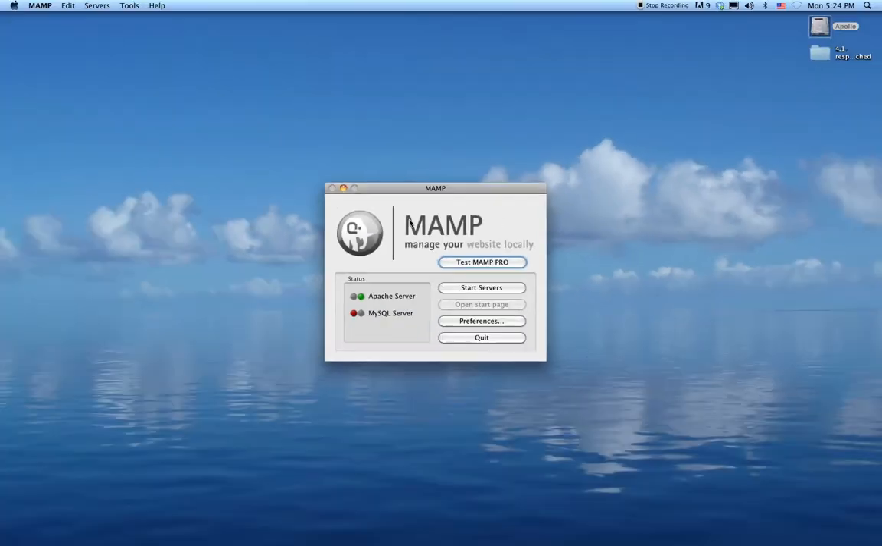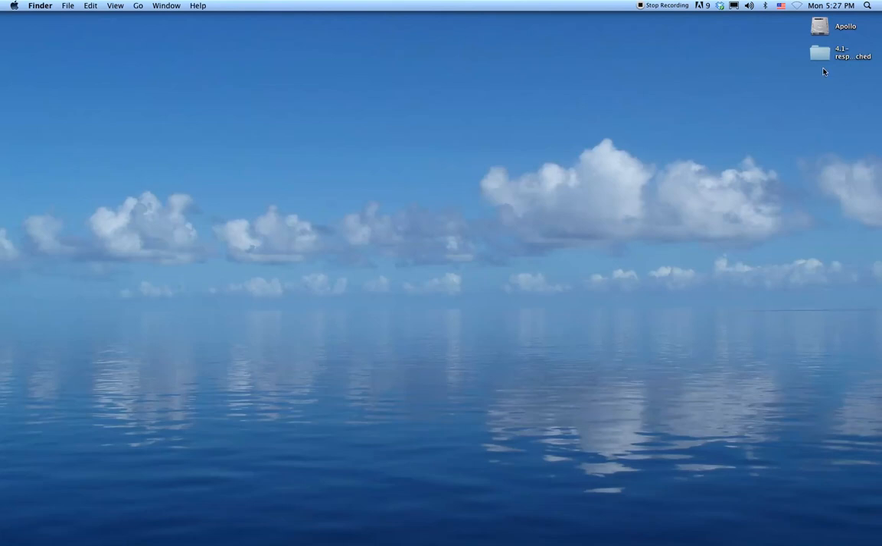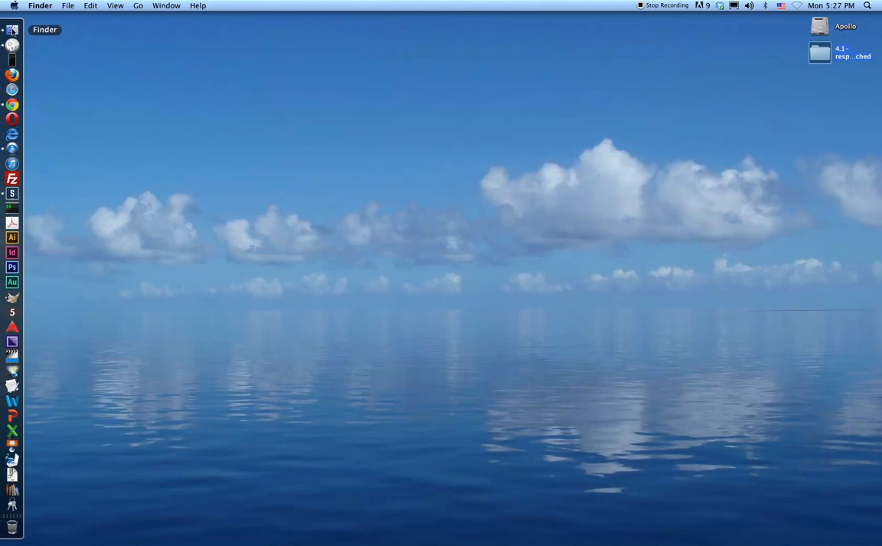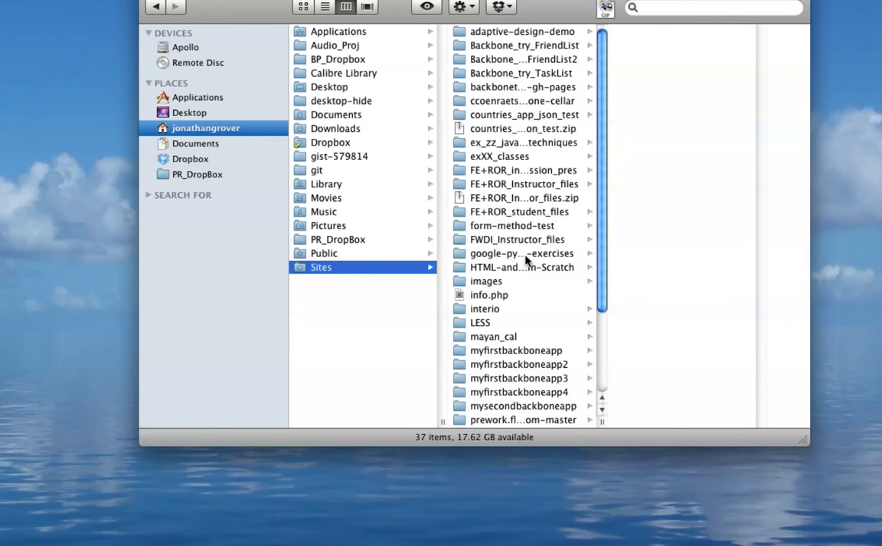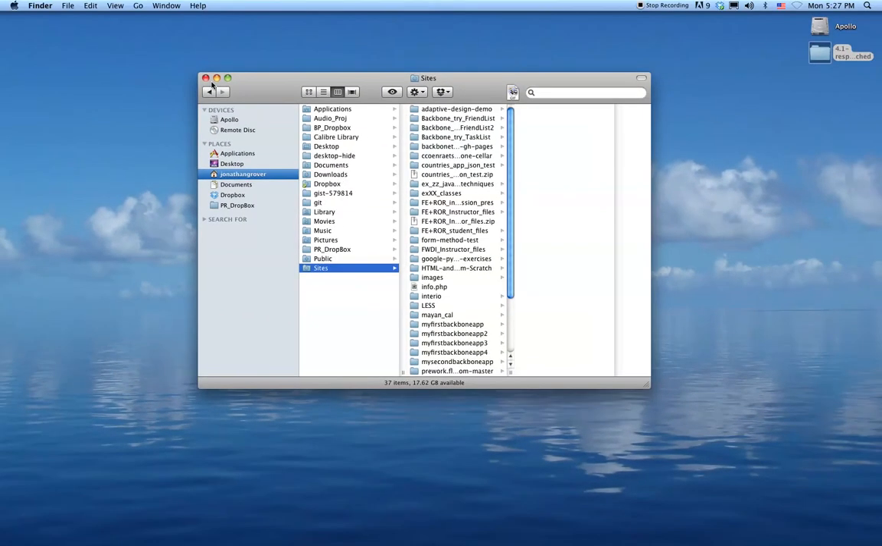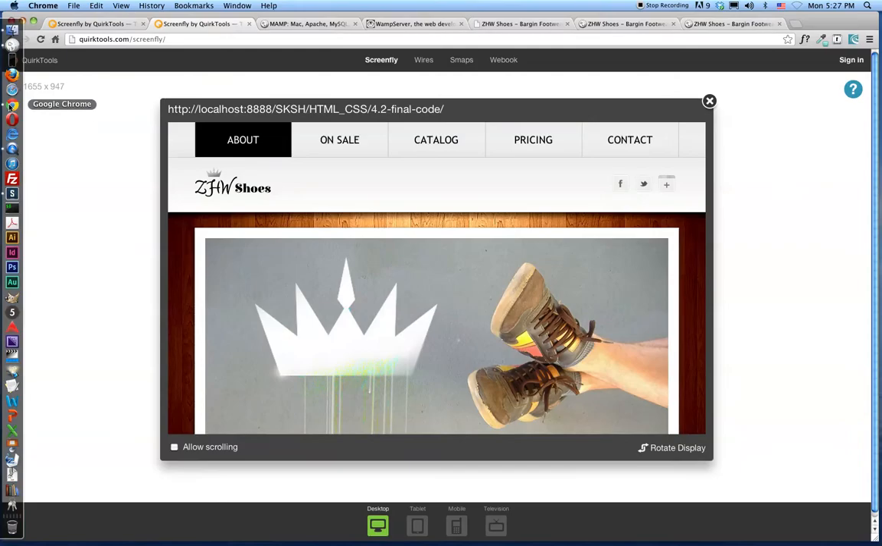So once you set this up, you can just minimize this or hide it. And what I'd want to do is find the files for my website, and I want to move those into the same folder I just specified. So I would drag those files, in my case, into my Sites folder. And then to access that in the browser now,